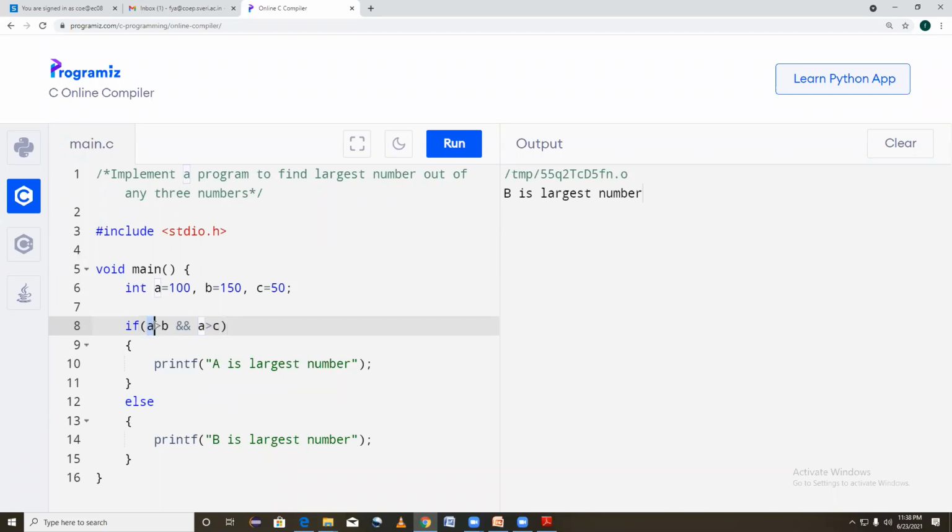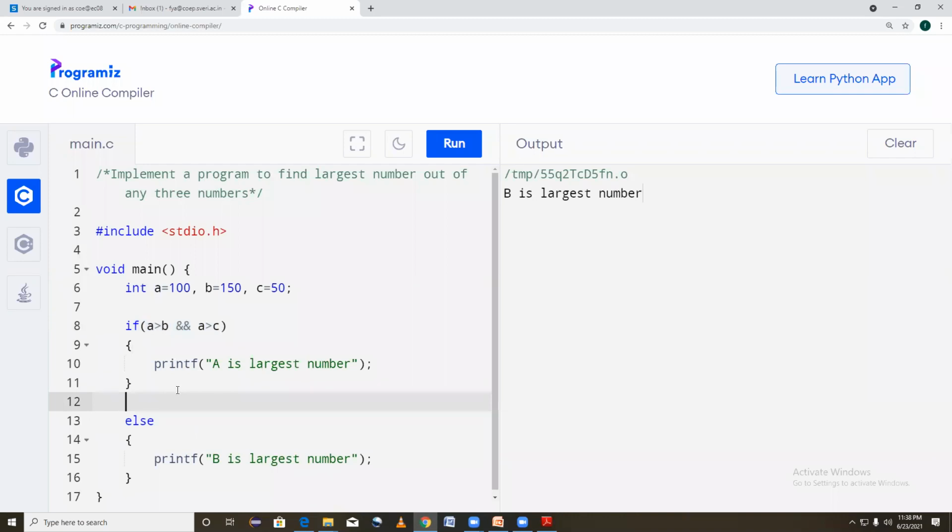Because when A is greater than B and when A is greater than C, it means A is the greatest. Again, I'm going to repeat. Now when I use the same here, I will write A here, B here.